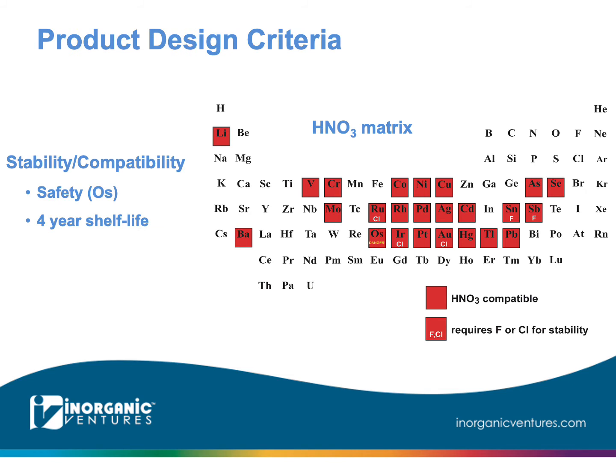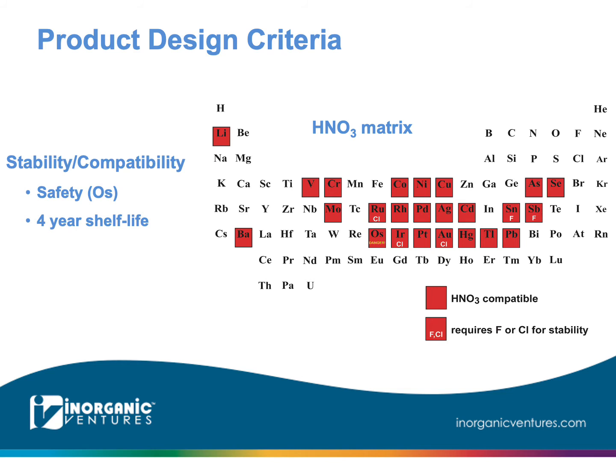Next, we want to provide a little bit of information about the criteria that we have used for designing these products. The next slides are going to focus on chemistry and the criteria we follow during product design. These include the stability and compatibility of the elements and matrix. It is also important to consider the safety aspects of any particular combination, and please observe that we have specified